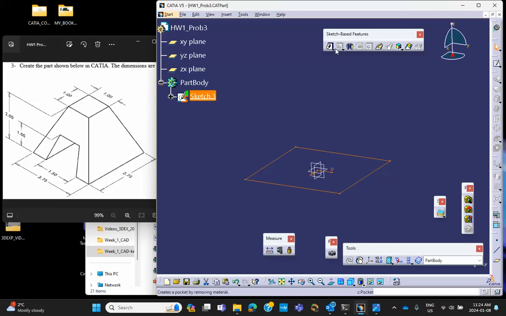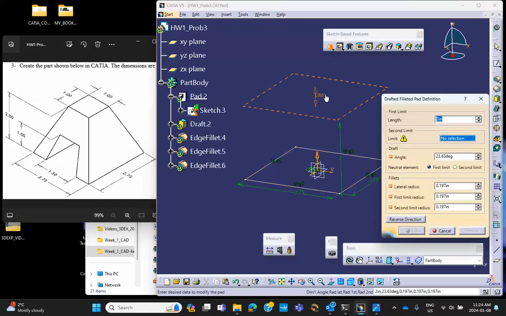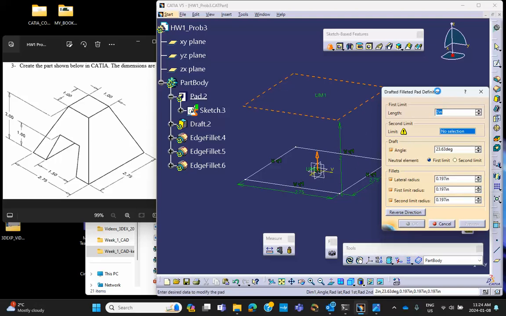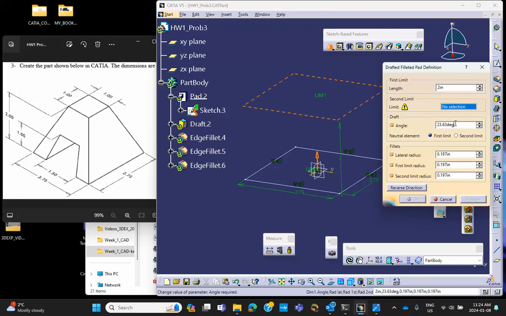But I don't want to do that. I want to give it a draft angle. So we're going to use what is called a drafted filleted pad. You click on it. The height is 2. But the angle is the tan inverse of the difference of these two divided by 2, over the height. So if you take 2.75 minus 1, divided by 2, and then divided by the height, that is going to give you